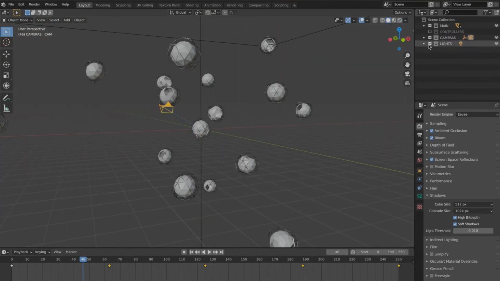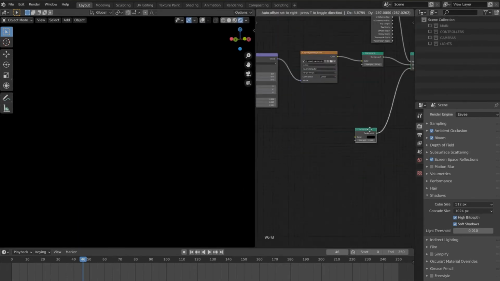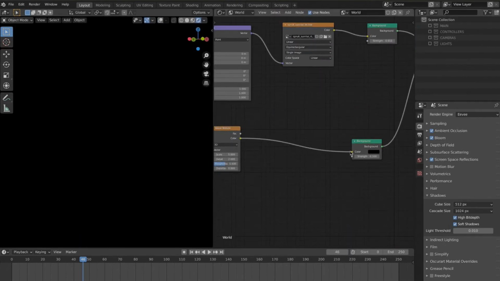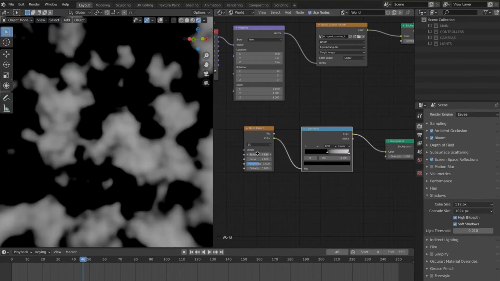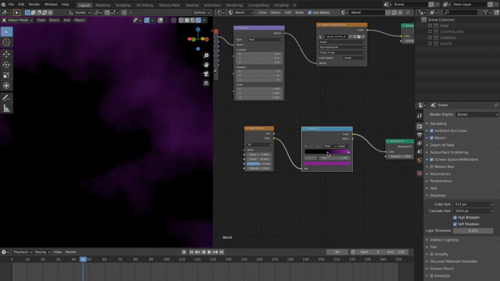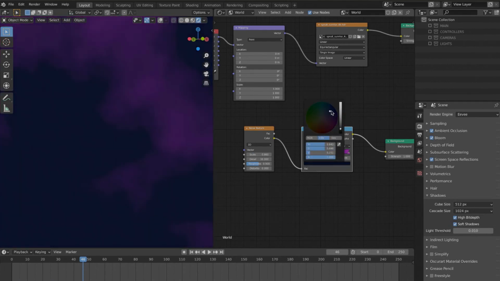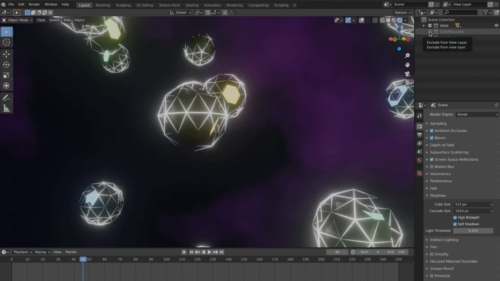The next thing that I wanted to do was add a different background. Instead of the usual black, I am going to use a noise texture connected to a color ramp, and follow my setup and you will create this kind of spacey, purple background. You can change the color.